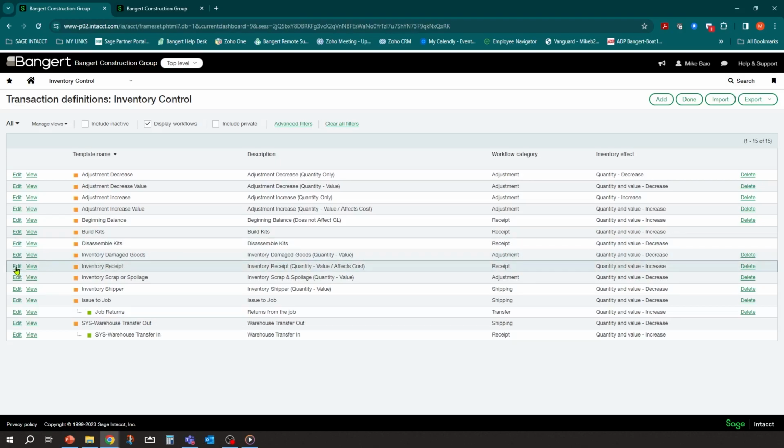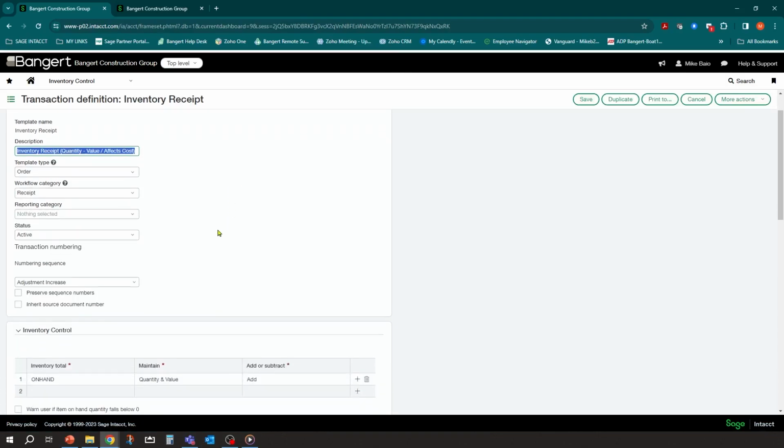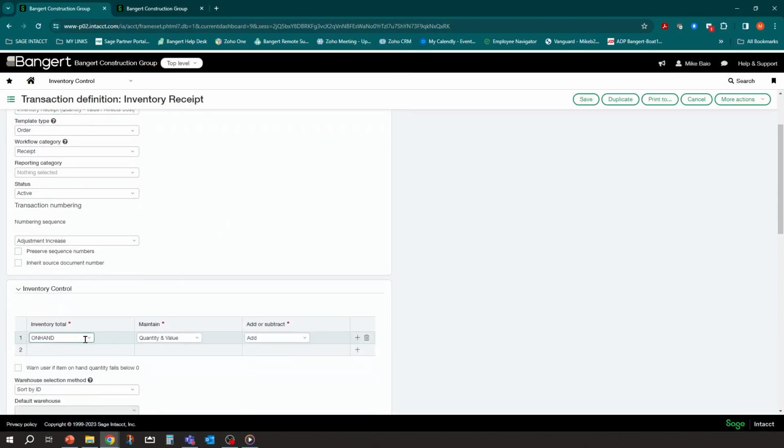So this might be where you just come into the system and create an inventory receipt and add to your on hand directly. Okay, so what you need to go through in each of these transaction definitions is make sure that whatever definitions are related to inventory, the effects are set up the way you want them to handle the system as you're going through the process.